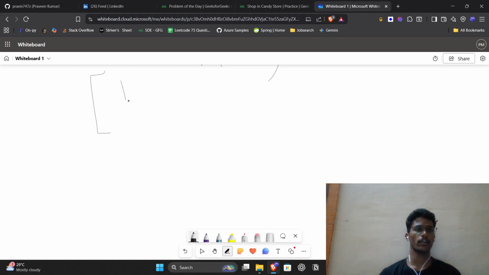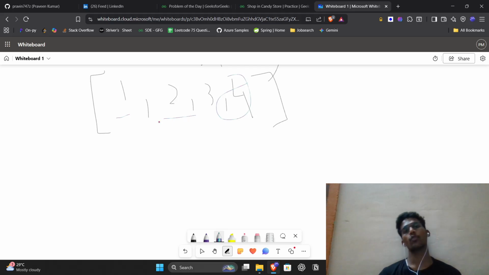The sorted array 1, 2, 3, 4. I purchase this one and get these 2 for free. Since I have to find the maximum amount required, I am targeting the costlier one to purchase and get the cheaper ones for free. Here in step 1,